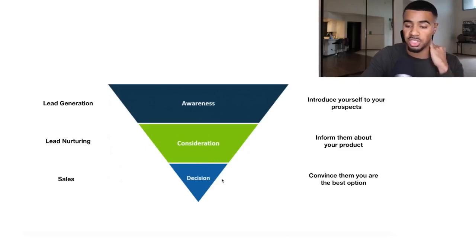And then obviously the bottom of the funnel is the decision. This is where the main focus is to convince your prospects why you are the best option and eventually get them to buy. I'm gonna get into specific details on covering these 3 areas of the marketing funnel, but